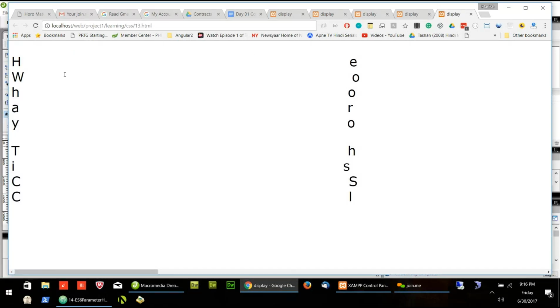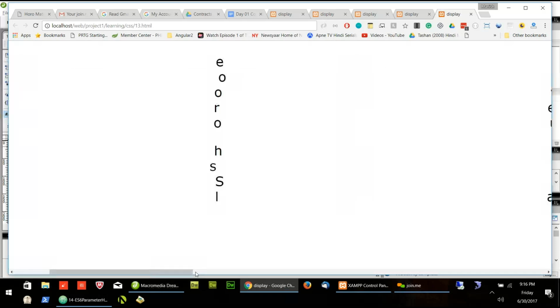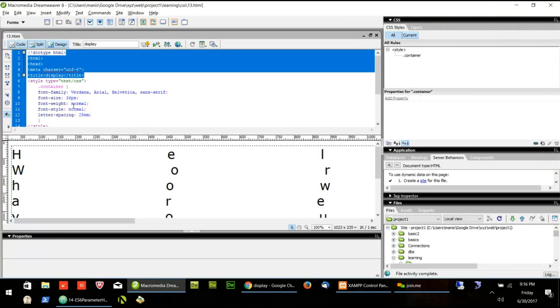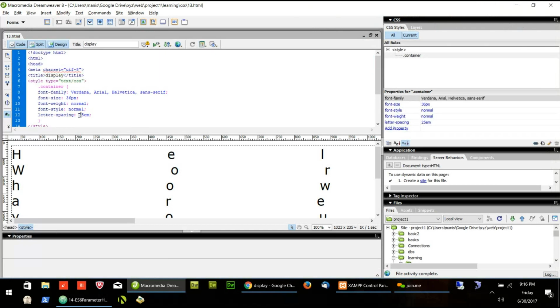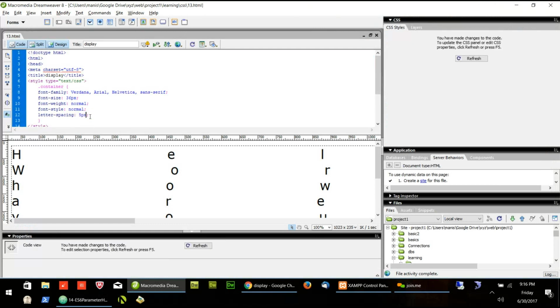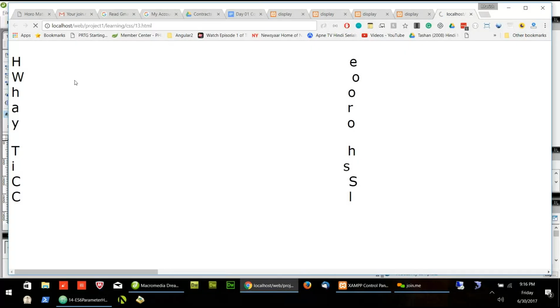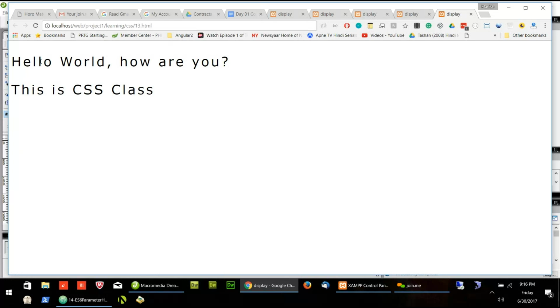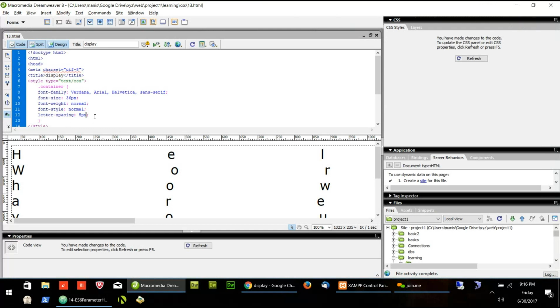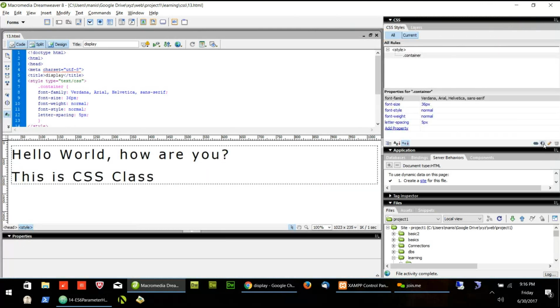Okay, so it is giving spacing between the two letters. Let's reduce it to, let's say, 5 pixels maybe. Okay, so it is giving the space that we are putting here. It's called letter spacing.